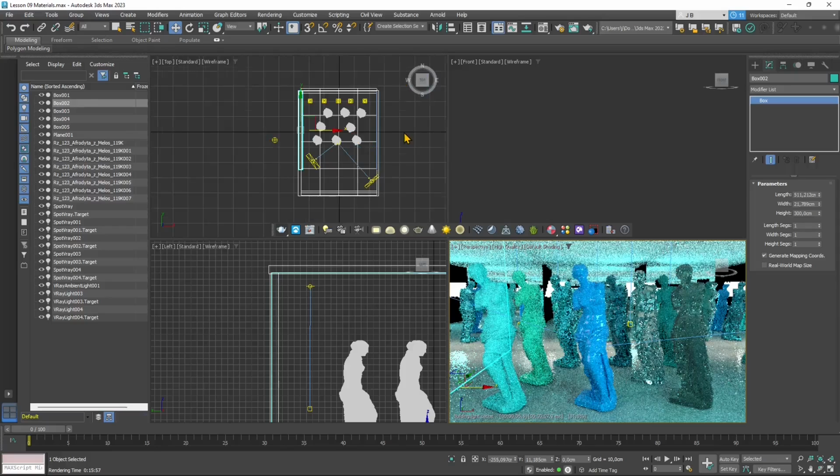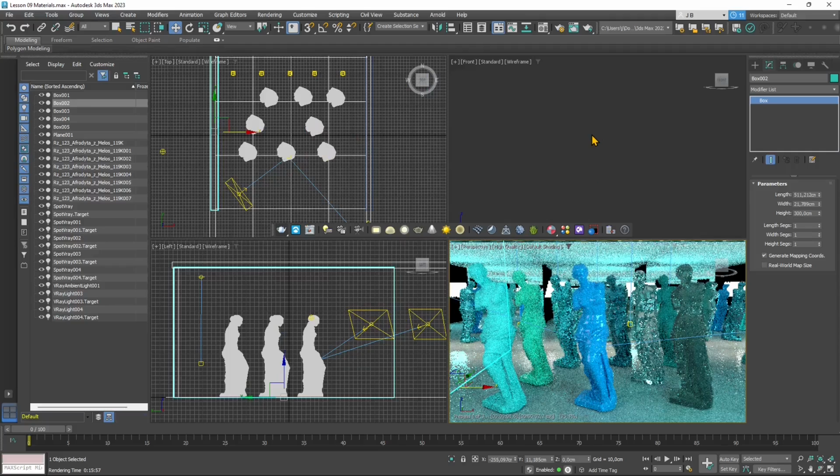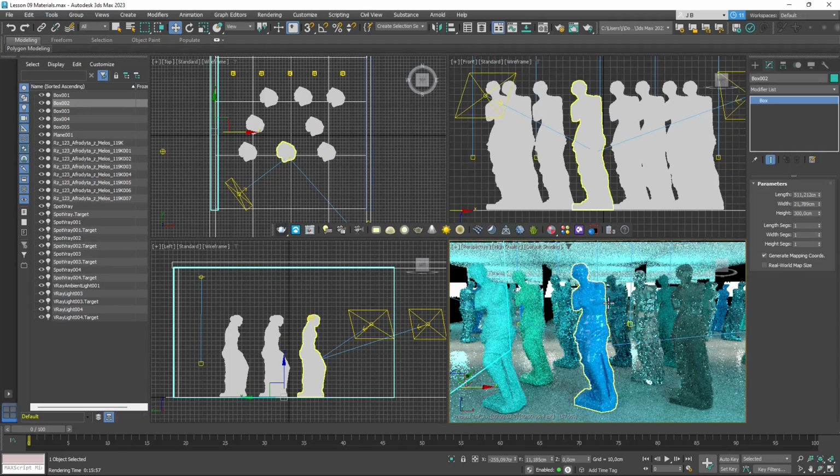In this video, we will continue to talk about materials in VRAY for 3ds Max. In the previous video, we started to work with materials. We started with the basic parameters and basic channels. And in this video, we're gonna continue and work also with textures and procedural maps so that we can create